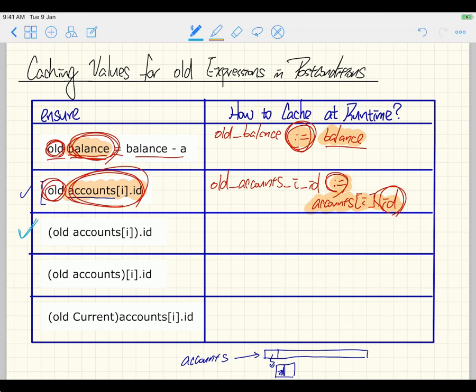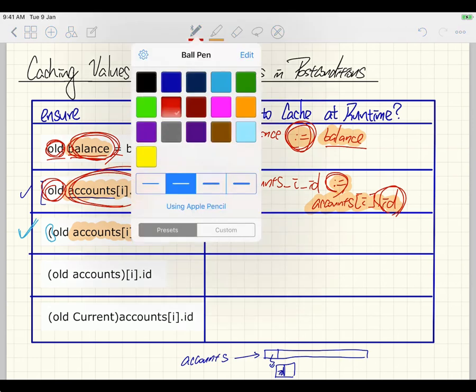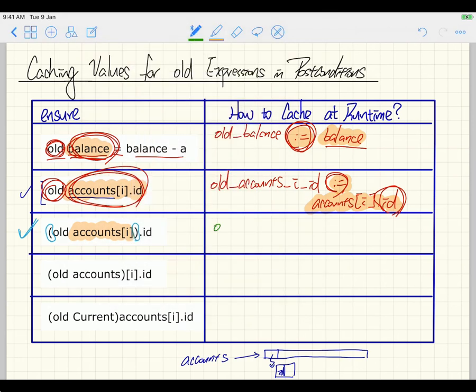Okay, so the parenthesis over here is really the key. Parenthesis simply say apply the old expression only within this particular parenthesis, starting from here, ending over here. That's really crucial. Parenthesis might be your friend for lab number 2 when you write the contracts. So this is the expression we'd like to cache, only up to here. Let's write it out, and then I'll try to visualize that for you. So now we have old accounts I, only that,